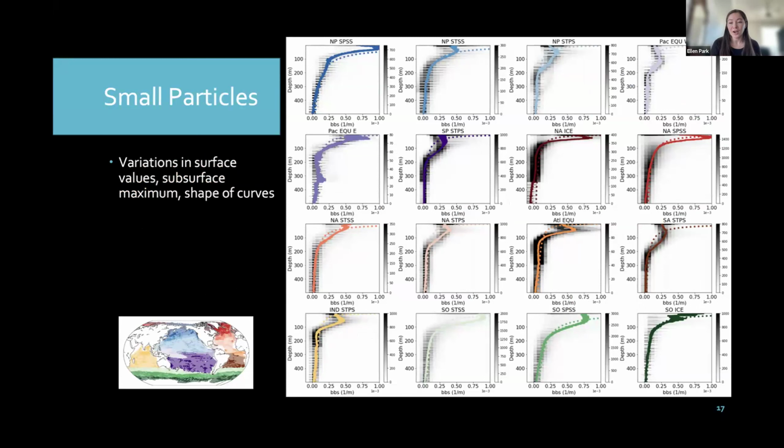And it's kind of a lot to take in a shorter talk, but you can see that there are definitely differences between biomes where we have variations in the magnitude of the small particle. Sorry, this is the small particle figure. Small particle values, where we see higher values in the higher latitudes where there's more productivity and generally larger phytoplankton community. The depth at where this kind of subsurface maximum appears are different between the different biomes, leading to different